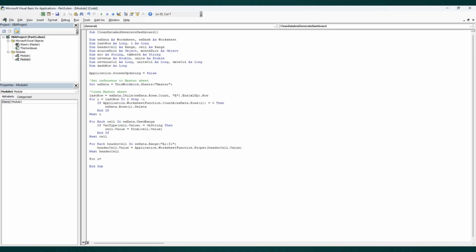For i equal 2 to wsData.Cells(wsData.Rows.Count, "B").End(xlUp).Row, If IsDate(wsData.Cells(i, 2).Value) Then wsData.Cells(i, 2).NumberFormat equal "mm/dd/yyyy", End If. Next i,